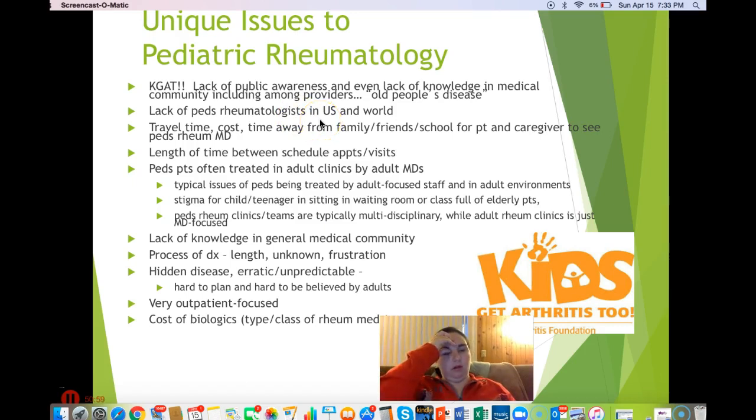and around the world. A huge issue with the shortage of pediatric rheumatologists in the country. So the travel time and the cost, the time away from family, friends, school for the patient, for the parents, the time away from work to see the peds rheumatologist. And a lot because the peds rheumatologists are so overloaded, they don't get to see their patients as often as